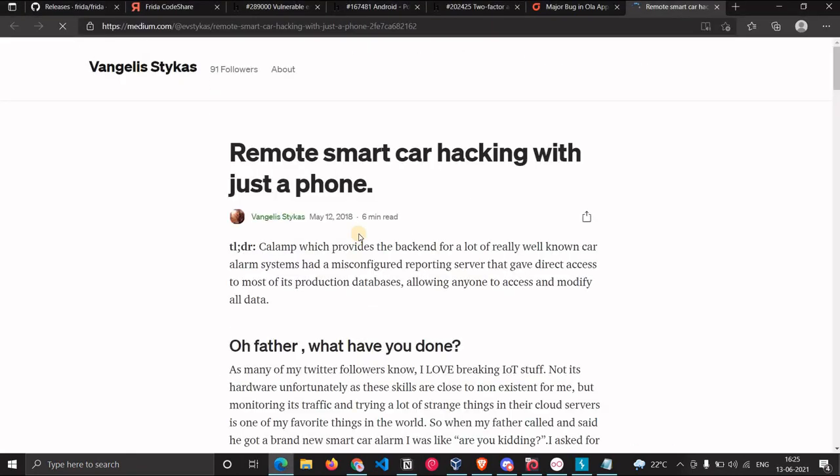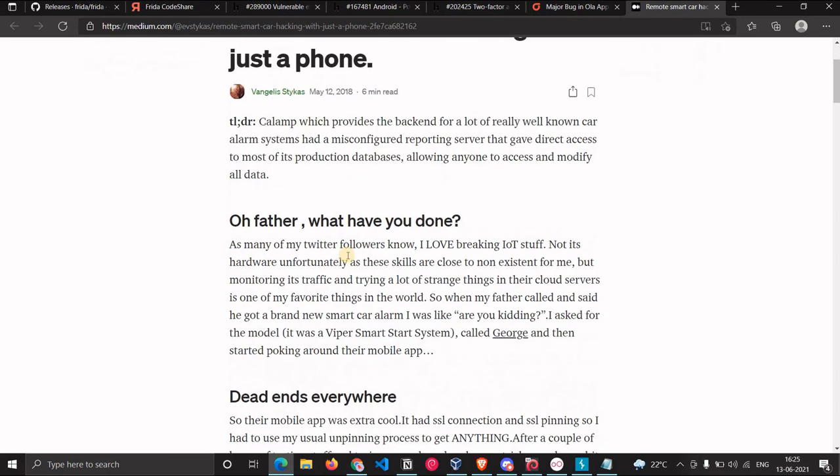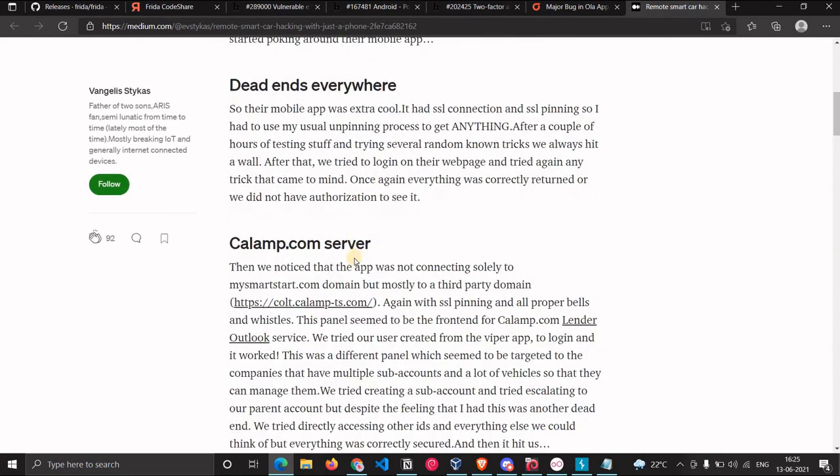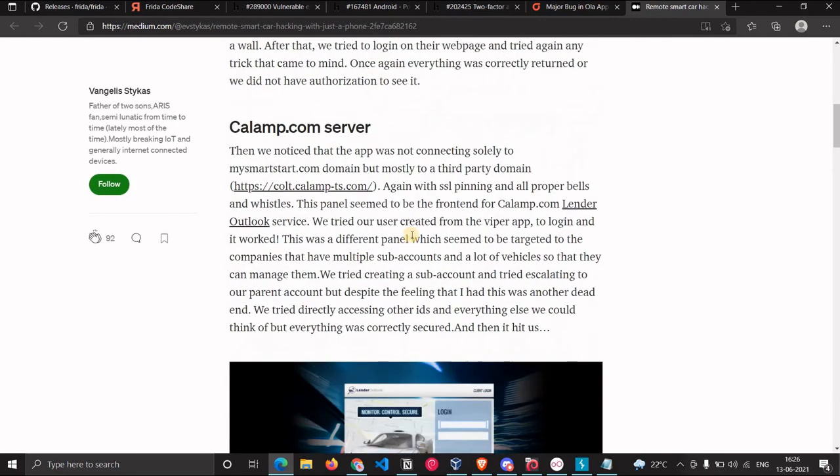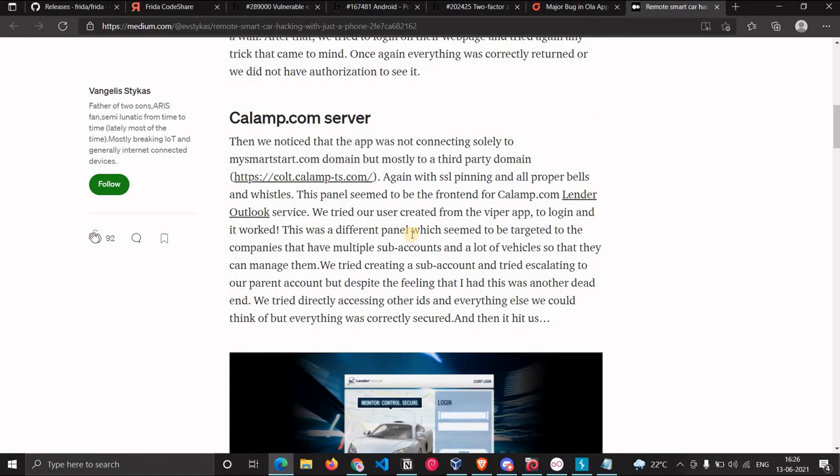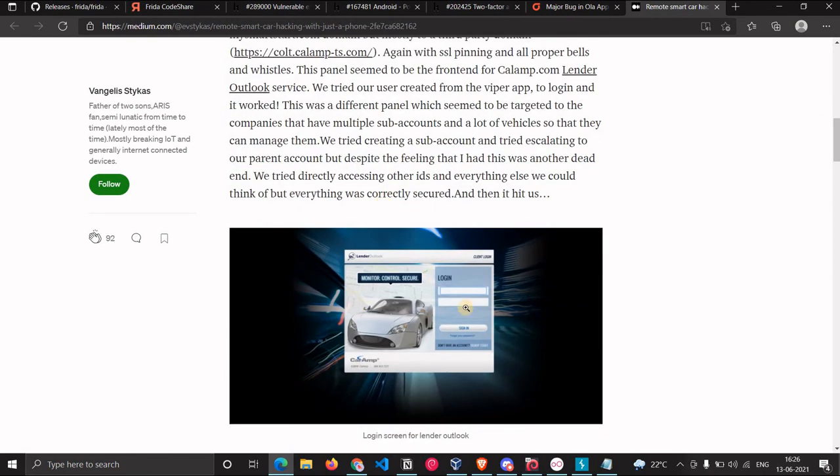So this is one blog which is showing us more on it, like how it was happening in one of the applications. There is this KLAMP application. It is a smart key, I guess, for the car. What the researchers found is that the application was communicating with a third party server.